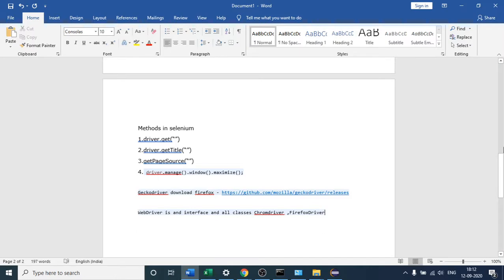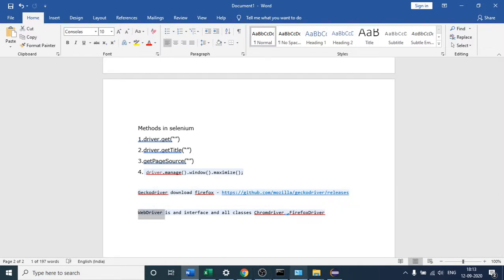We are dealing with these two browsers as of now. In an interface we only have abstract methods, right? The method definition will be provided by the class which implements it. So these two classes will implement this WebDriver interface.